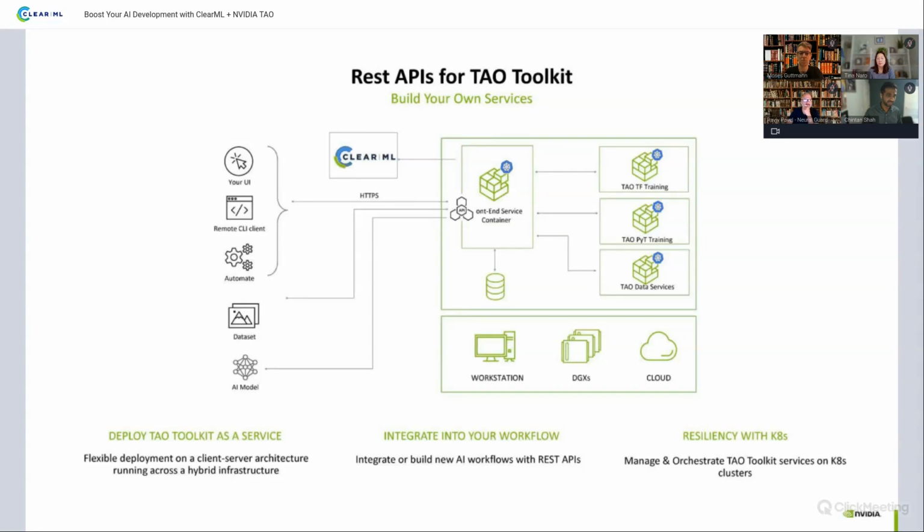You can also use TAO and log into ClearML, and that's really one of the things that we have, to be able to log all your training runs into ClearML. And I'll show you what are the things that you need to do and what are the logs that it provides. But the APIs can provide a way for anybody to build additional services on top of TAO, and allow you to automate your training process.